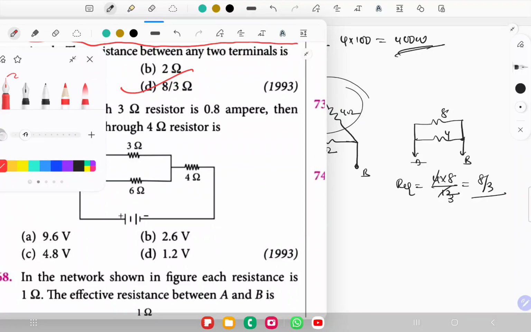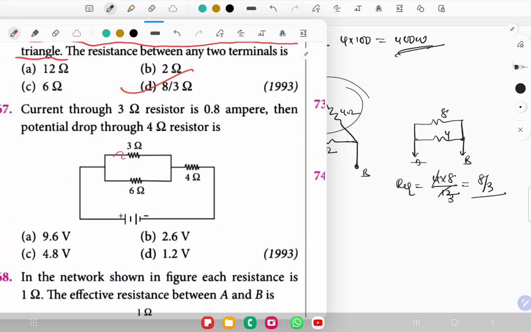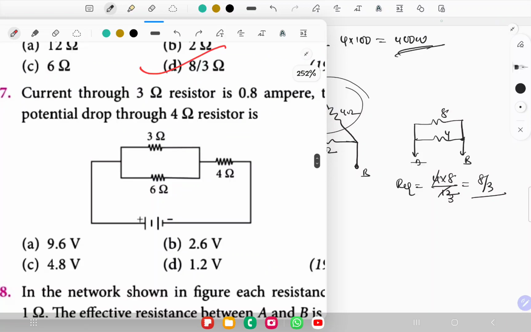Observe carefully. So the 3 ohm resistor, current flowing through it is 0.8 amperes, right? Observe this. If 0.8 amperes flows through the 3 ohm resistor, some voltage will drop across it, plus minus. Voltage is going to be I into R, that is 3 into 0.8. 2.4 volts will drop across